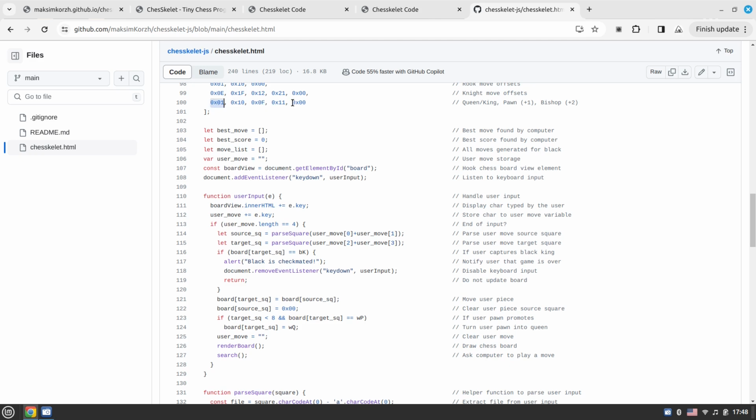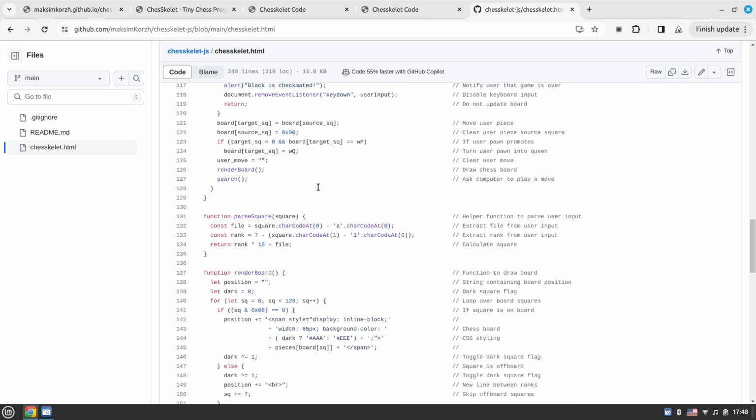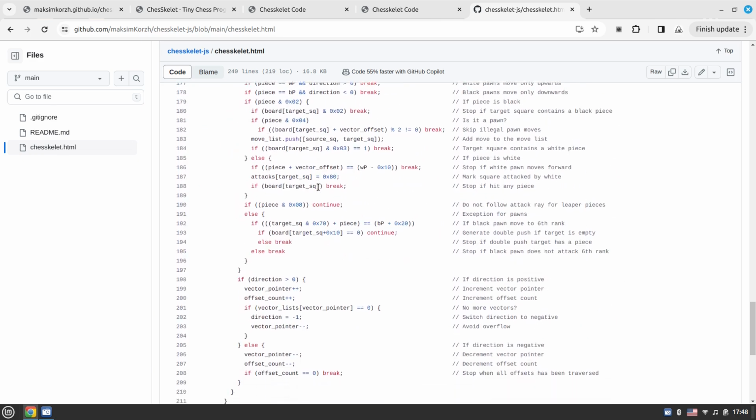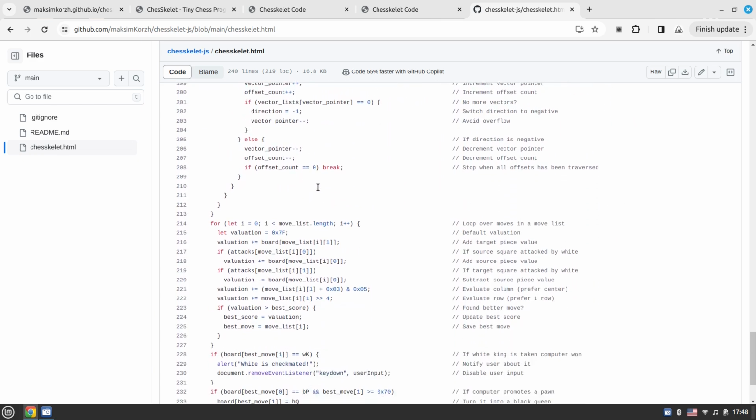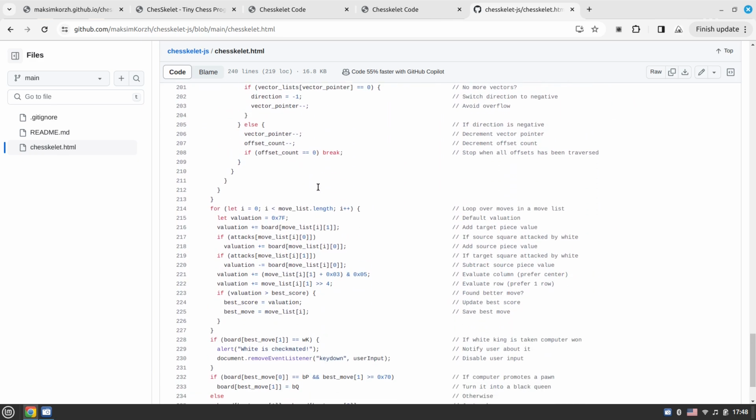We traversed 4 elements forwards, we traversed 4 elements backwards. That means that we are done. All the directions for a queen have been traversed. Okay, move on. So this is it essentially in regards to the entire move generation